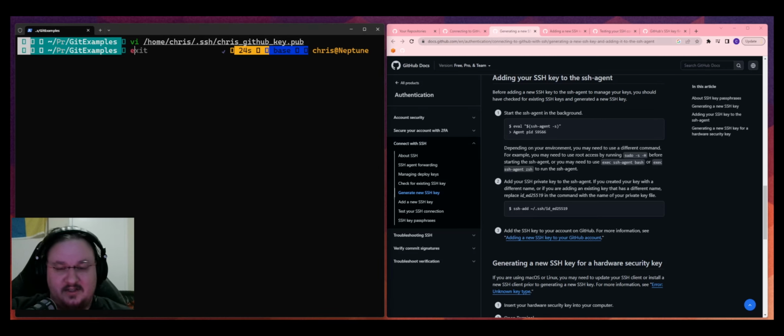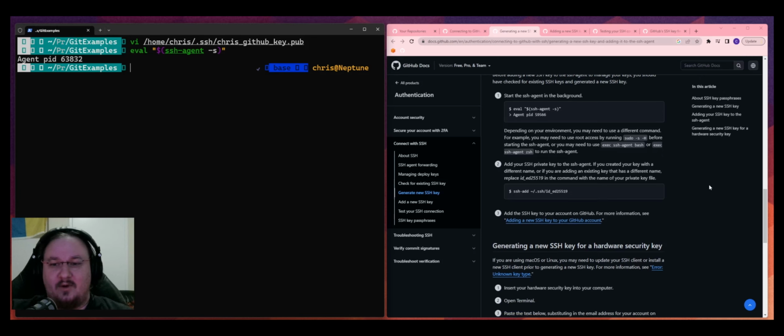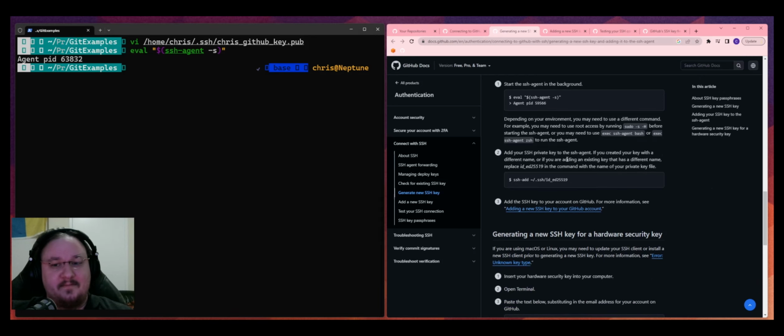So we're going to use this command, eval, and we're going to use the bash SSH agent -s, and you can see it's going. Basically, this command tells us it's going. We do want to make sure that it's going, so that when we run this next very important command, which is this